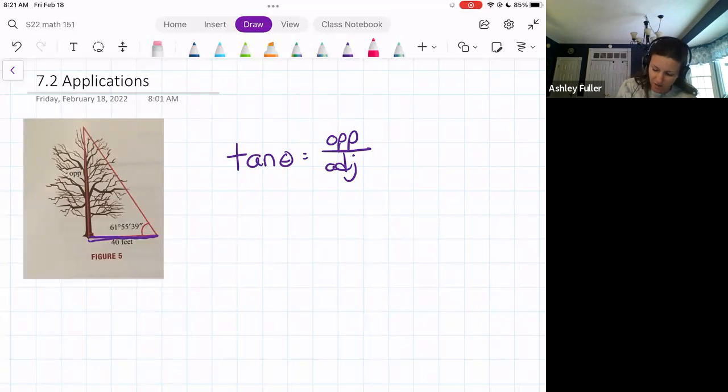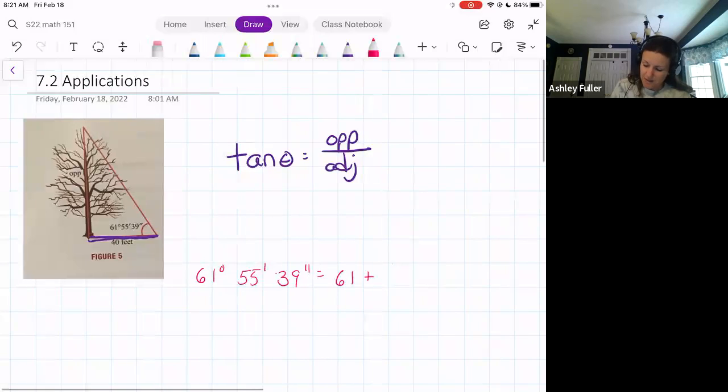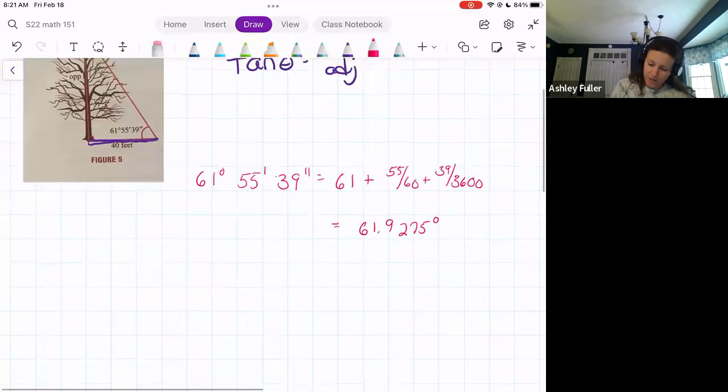If I measure this angle to be 61 degrees, 55 minutes, and 39 seconds, remember the first thing we're going to have to do is convert that into a decimal. So we're going to have 61 plus 55 over 60 plus 39 over 3600, which is going to give us 61.9275 degrees. We can now plug in the tangent of